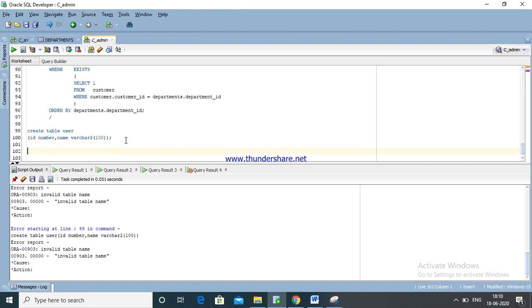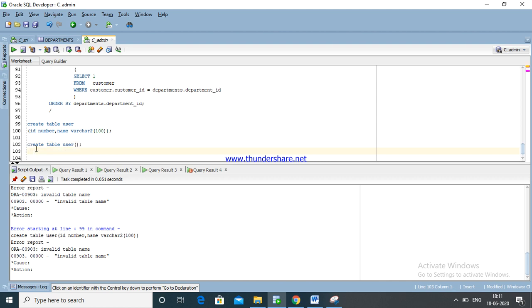Okay, I'm going to write create table. One statement is already there. Create table user, ID number.